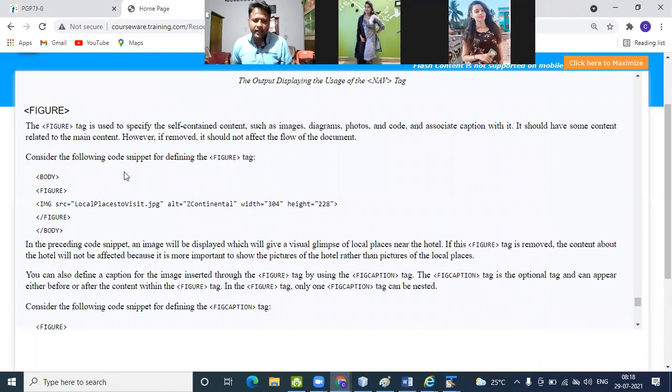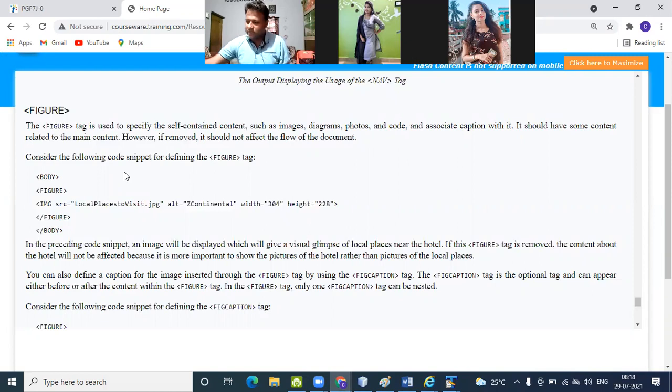The figure tag is used to specify self-contained content such as images, diagrams, photos, and code, with an associated caption. It should have some content related to the main content. However, if you remove it, it should not affect the flow of the document.